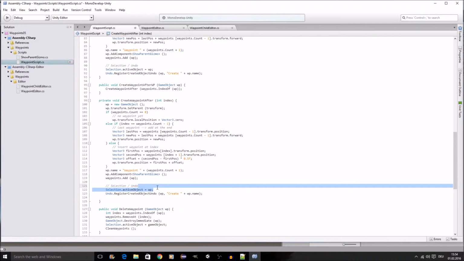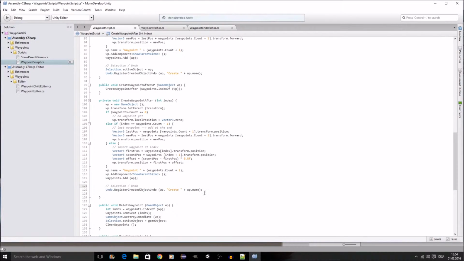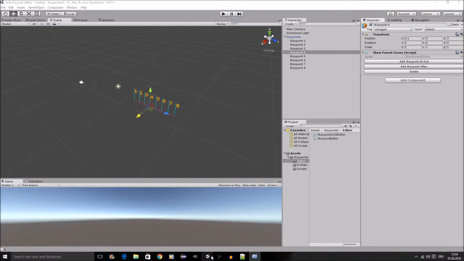I'm just gonna get this one out for now. The thing is, we're meddling here with our order of waypoints, so I'm just gonna right away take our clean waypoints function in here at the end, because we will need it. So now let's have a look what we've got so far. I just pull out number 4, it's the one selected now, and I press add waypoint after,